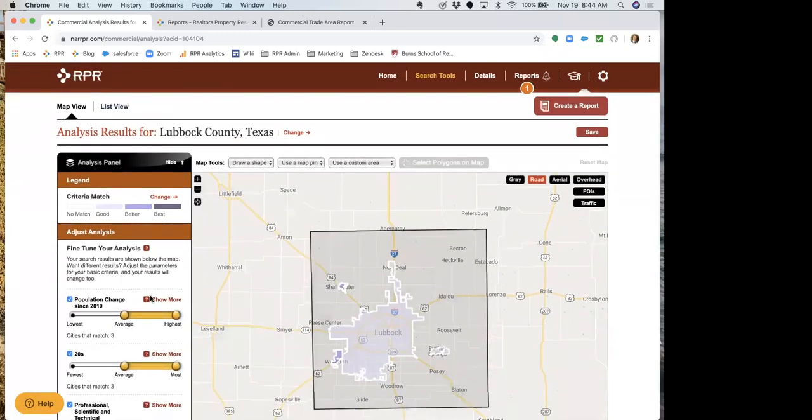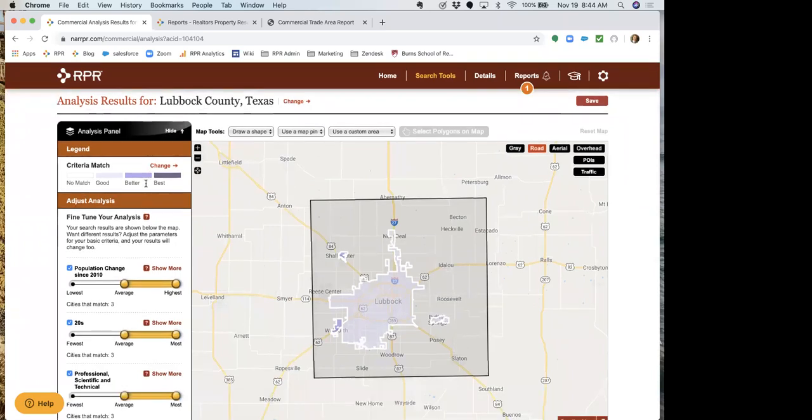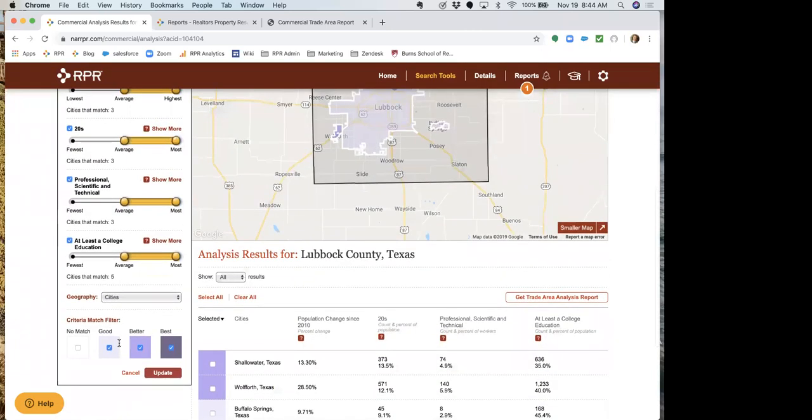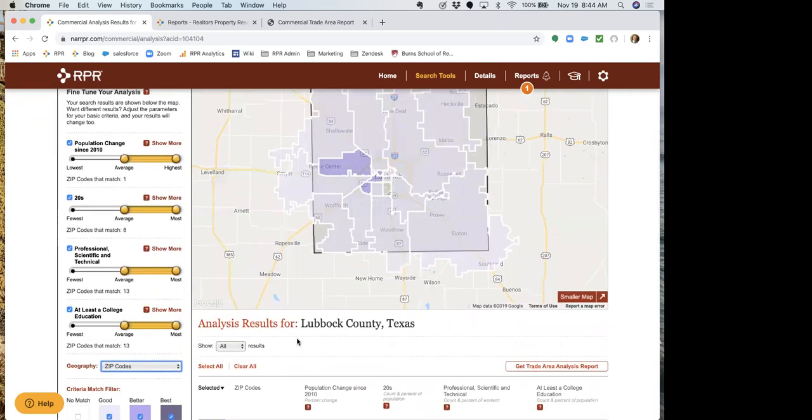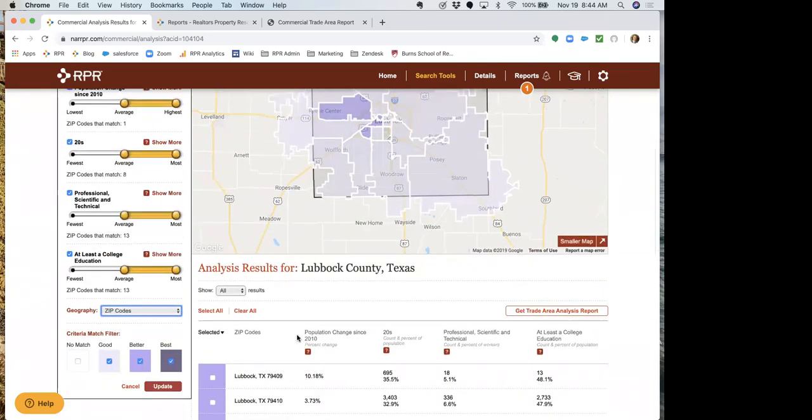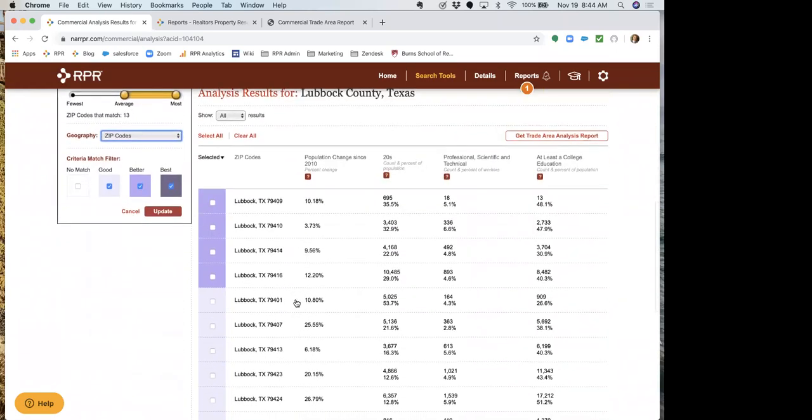And you can see how this works. This is the entire county, and then we have this coloration from no match up to a best match. There are all the different attributes that we plugged in. Right now, this is set to cities. However, we can change this to something like zip codes if we want to get into a smaller niche. The other thing we can do is directly compare, or what I like to call benchmark, one geography directly to the other. So really quickly, you can see how the 79409 zip code stacks up